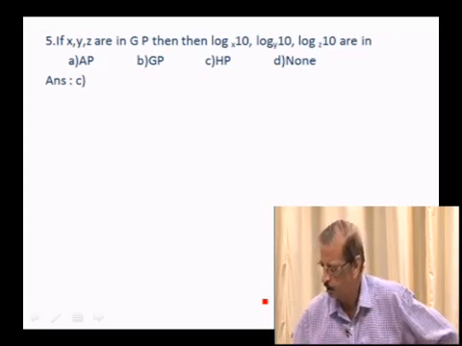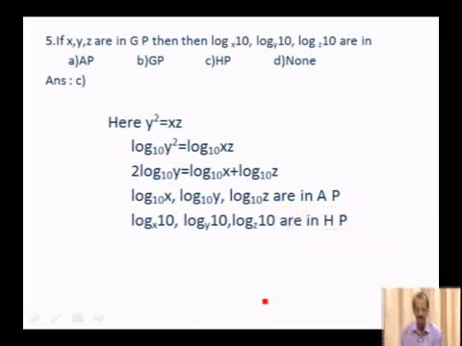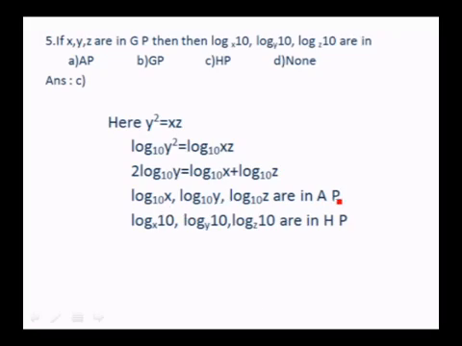I had said in the synopsis that whenever X, Y, Z are in AP, log x to the base 10, log y to the base 10, log z to the base 10 will not be in AP. So, if you just take the reciprocal, log x to the base 10 can be written as log 10 to the base x, log 10 to the base y, log 10 to the base z, which are in HP, because 1 over